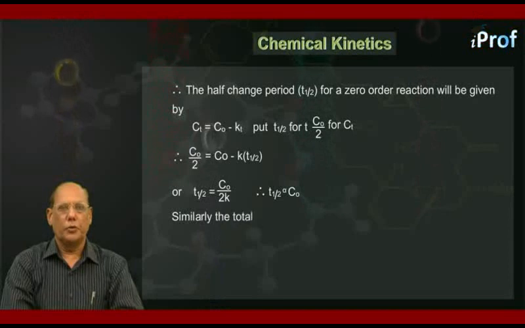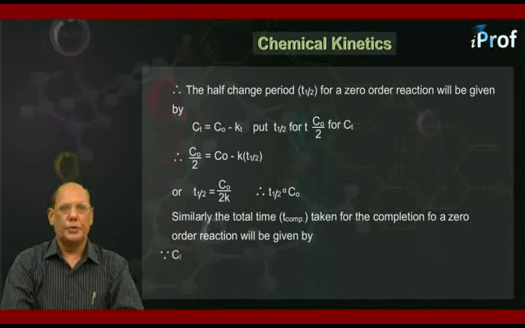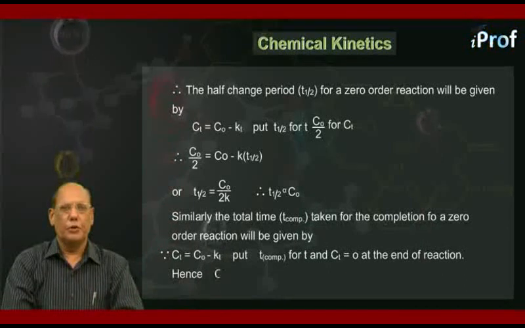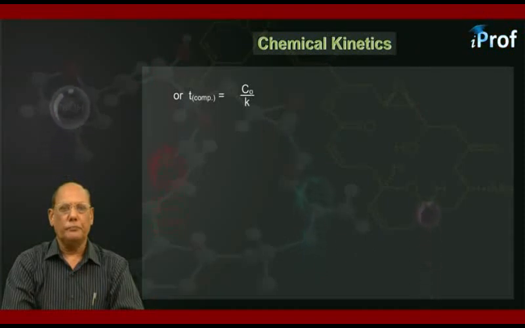Similarly, the total time T completion taken for the completion of a zero order reaction will be given by, since Ct equal to C0 minus Kt, put T completion for T and Ct equal to 0 at the end of the reaction. Hence, 0 equal to C0 minus K into T completion. Therefore, T completion will be equal to C0 upon K. The fourth characteristic is